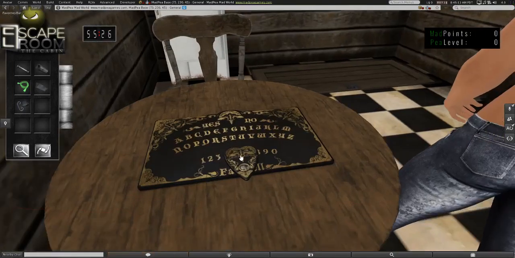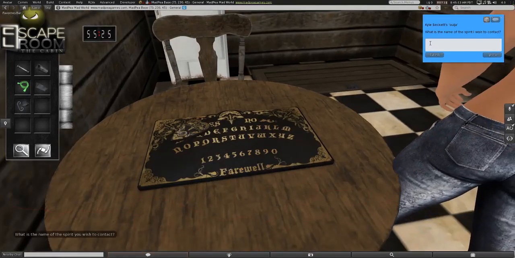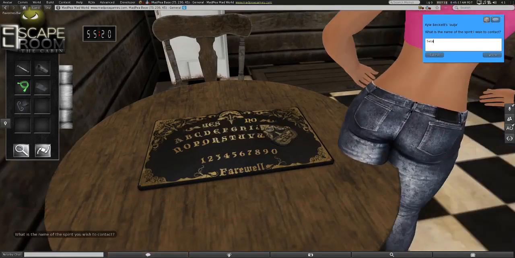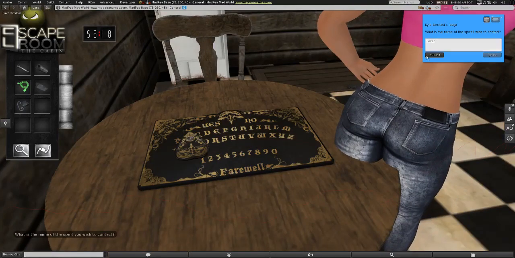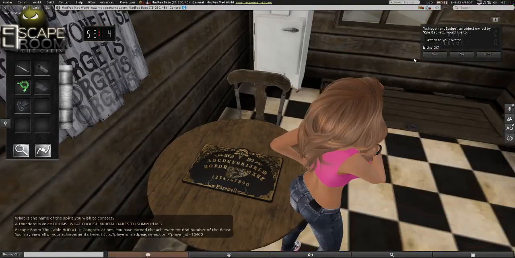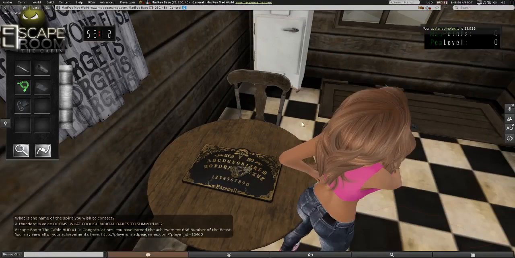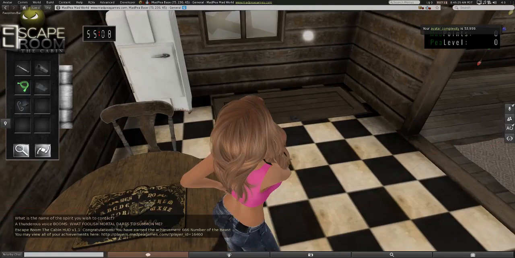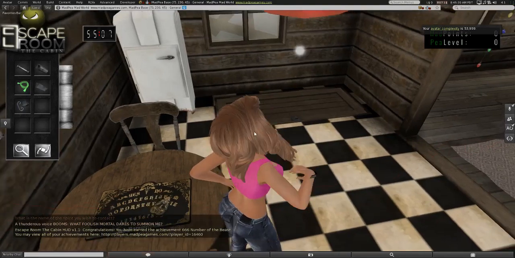So go ahead and click on the planchette, and in the box type in Satan, S-A-T-A-N, and you're going to get another achievement. This one is 666, number of